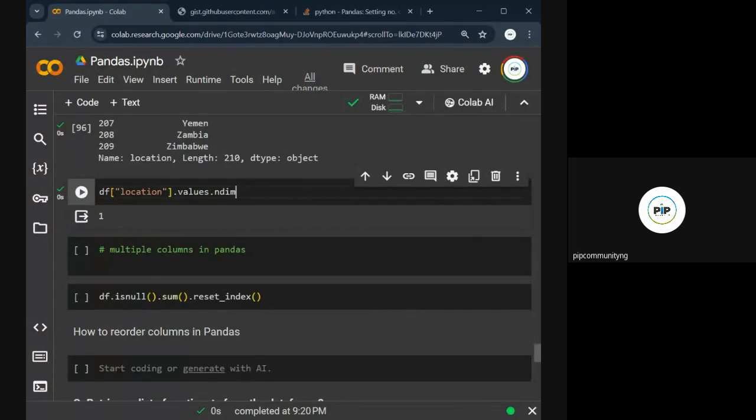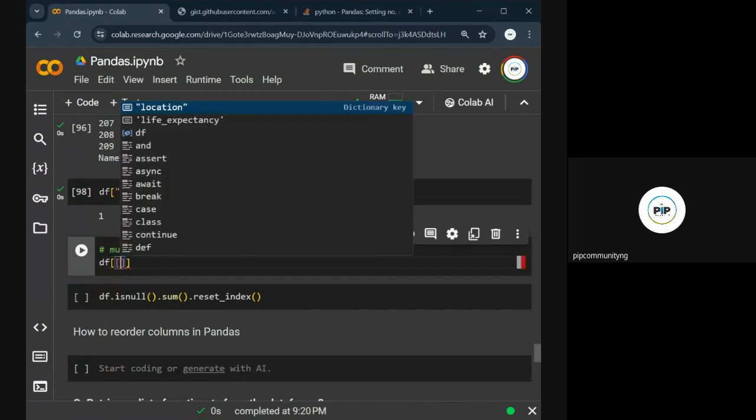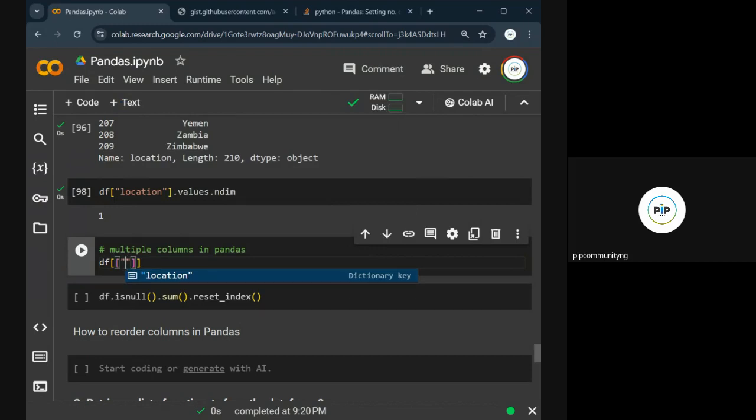So if you're adding two columns together, or three columns or five columns, Pandas sees it as a two-dimensional array. So if you want to choose multiple columns, you must make it come out like a two-dimensional array. How? It will be df. This is the first dimension, this is the second dimension, and then you pass the column names. Location,